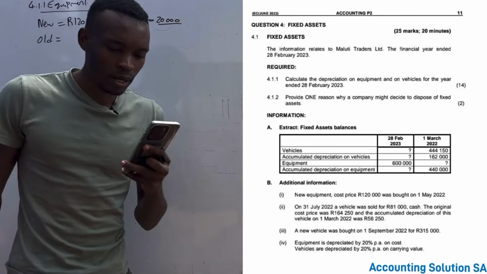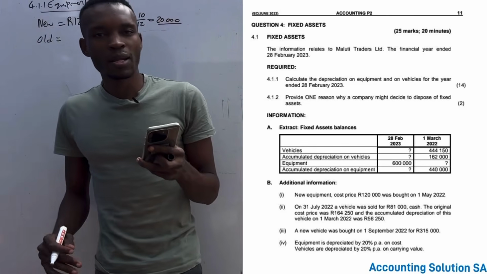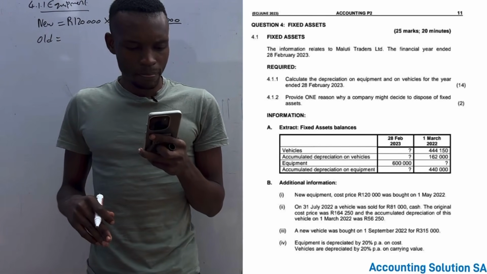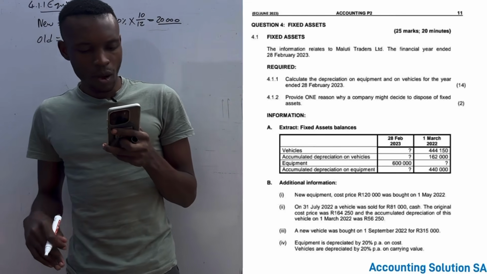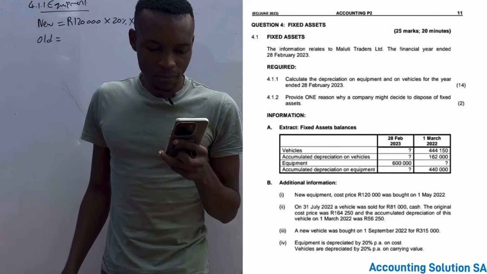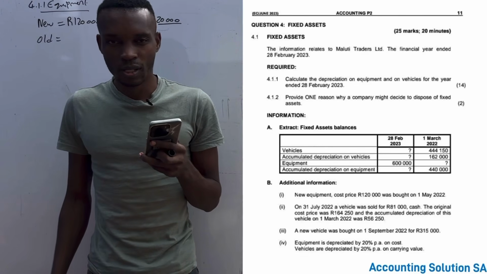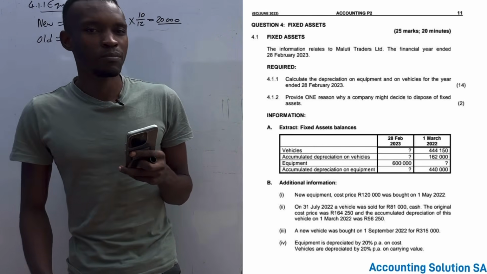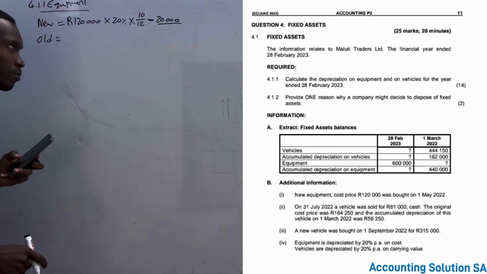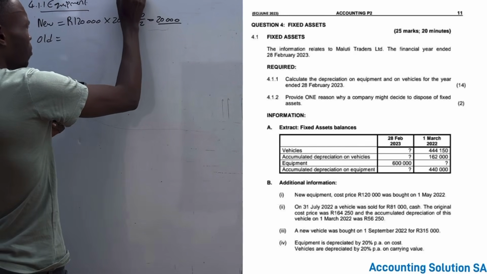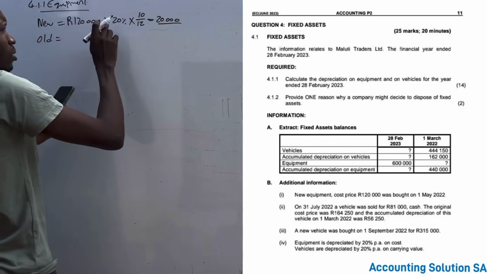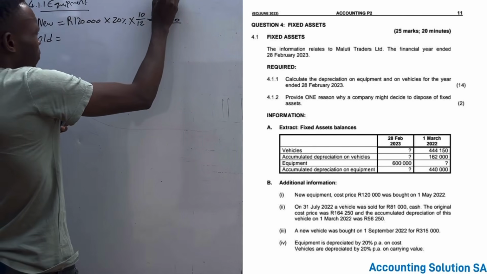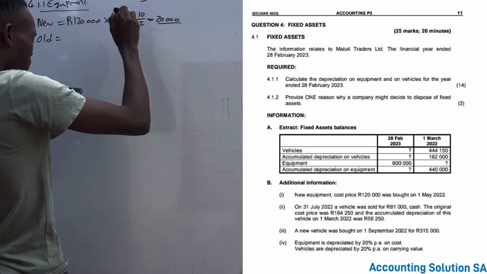Now we have to check the old one. Where do we check it? Under our balances. If you check under our balances, we have our accumulated depreciation of 440,000. And what about the cost price? Cost price we only have at the end. How do we get it at the beginning? Very simple. We take the 600,000 and subtract the one that has been bought during the year, because it's already recorded, 120,000,